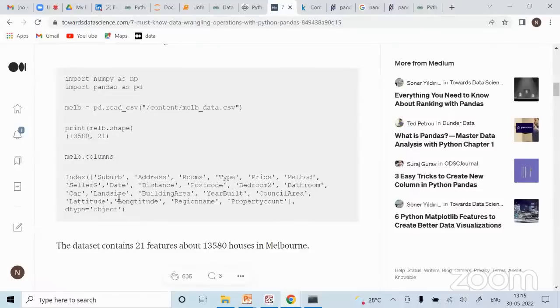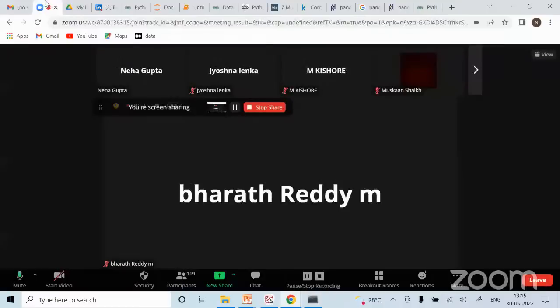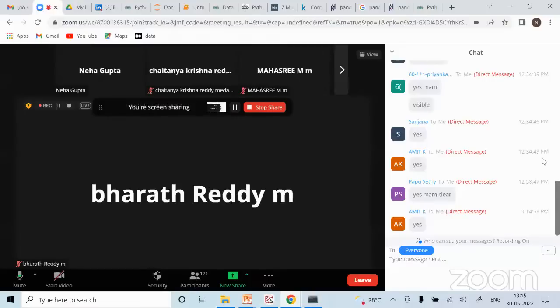So what step are we at? Can somebody tell me? I told you a few steps, right? And as I started this topic of data wrangling, can somebody tell me what we are doing in this step? Can somebody type in chat and tell me what we are doing right now? Or what was the first step which I told of data wrangling? Nobody remembers.